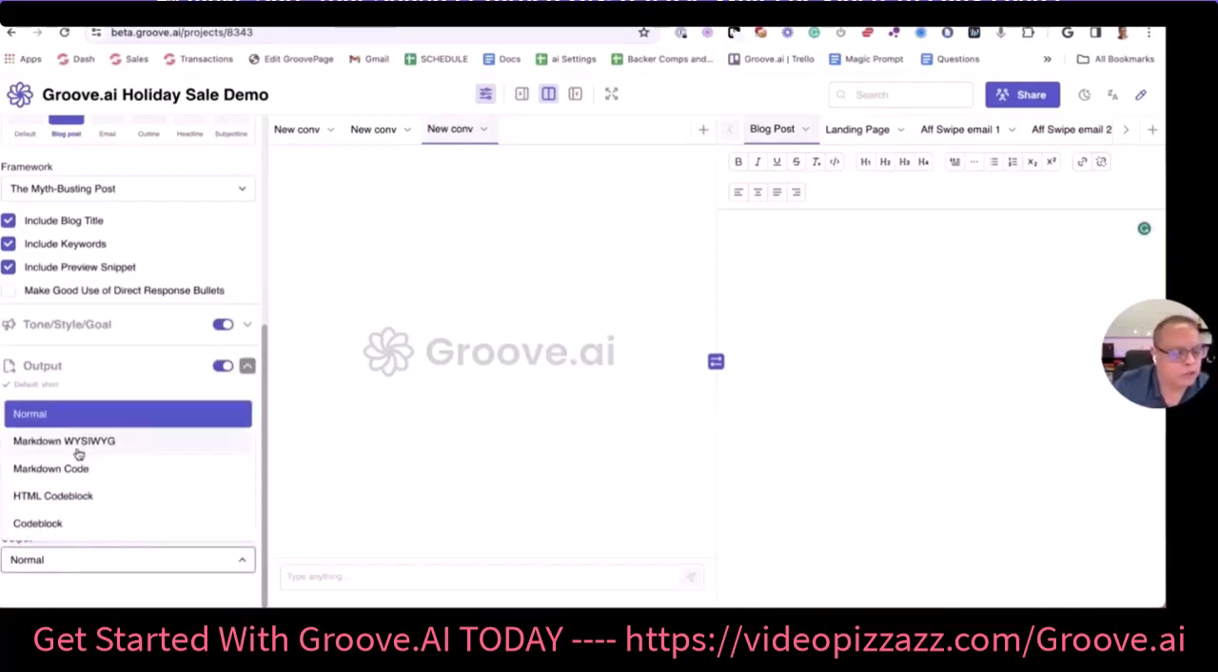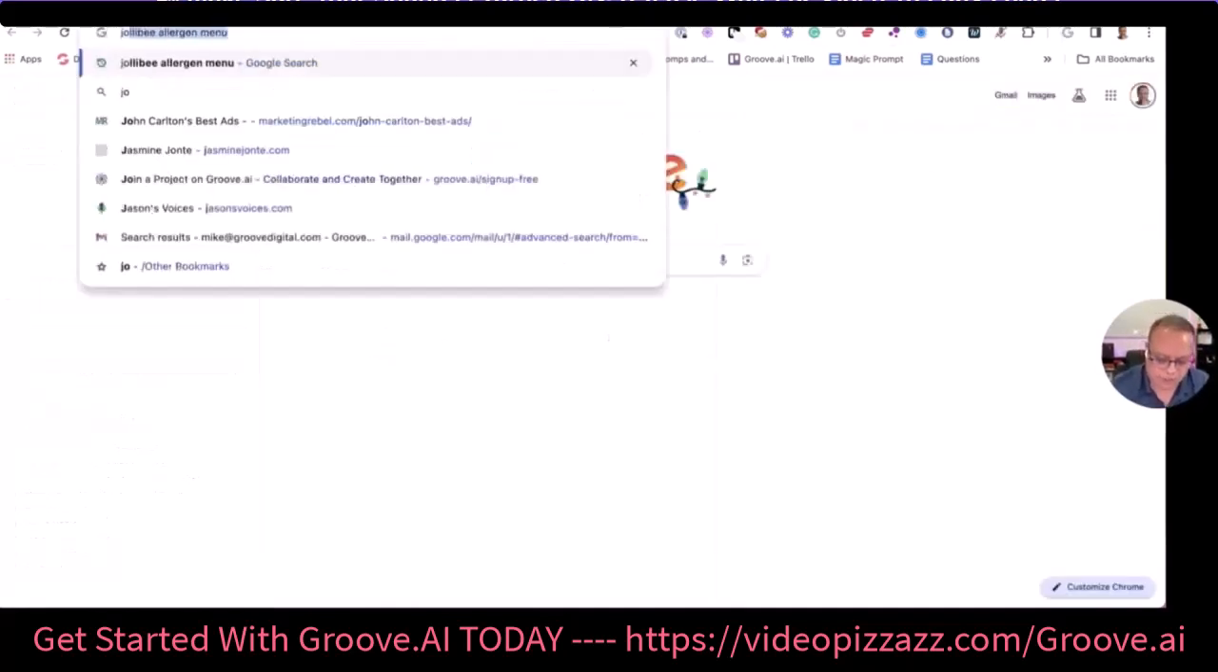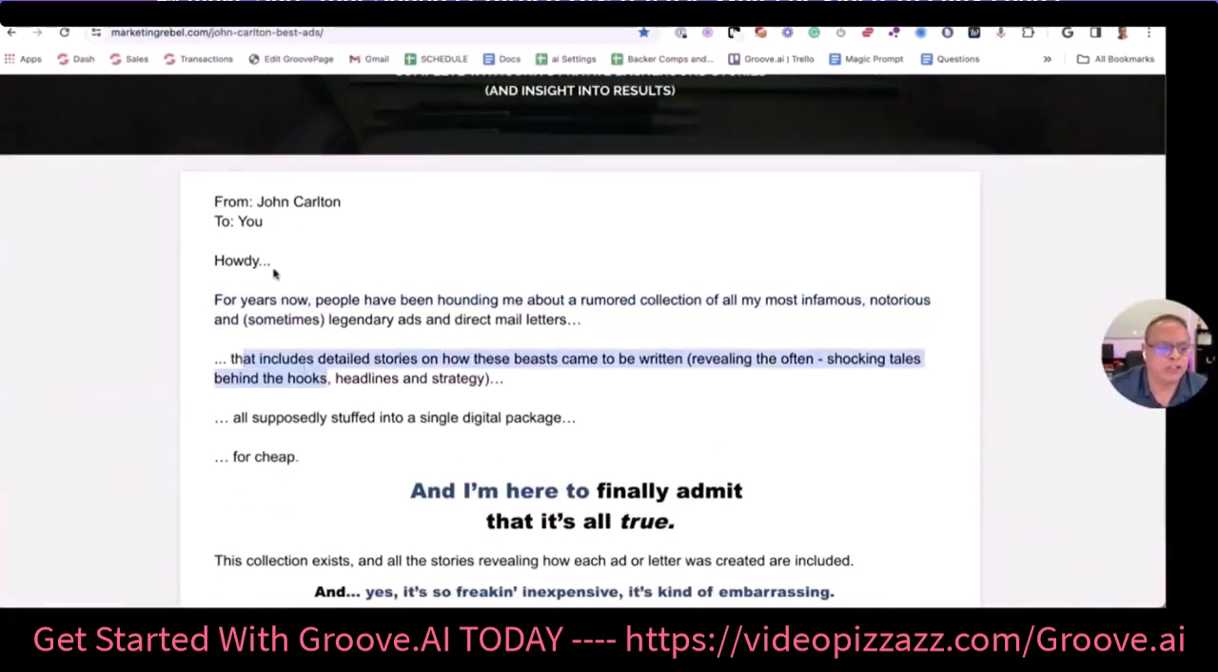Now, here we're going to choose Markdown WYSIWYG. And by doing that, I can also do some other things in here. Like when I make sales copy, I like to do these. But for a blog post, I don't want to write in chunks or use ellipses to bridge conversational copy. If we look at something like John Carlton's copywriting, you will notice that John writes in chunks. And howdy,